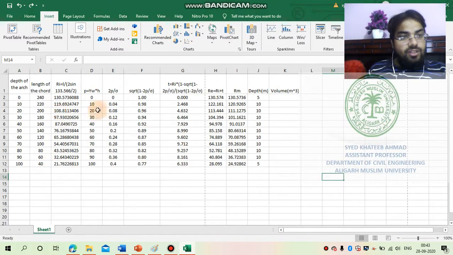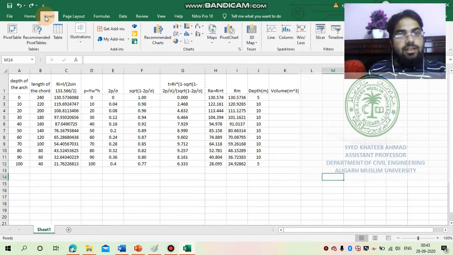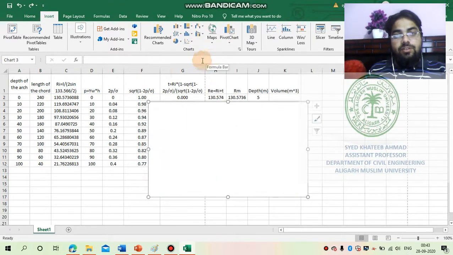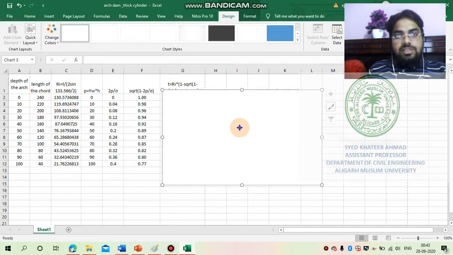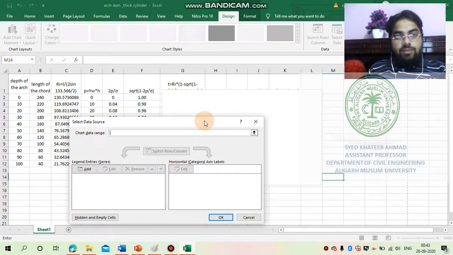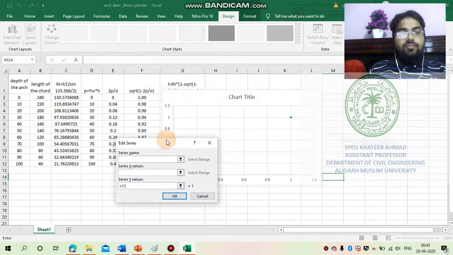Okay. So what I will do, I will just go to the insert tab. You can see that next to home you have the insert tab. In the insert tab, you just take a chart type and you take this scatter XY graph. Okay, you will have this window open with you. What you have to do, you just right click on this window and use select data. Is it here? Select data. After selecting data, there are legend entries, and it is giving add. So you just add this entry.